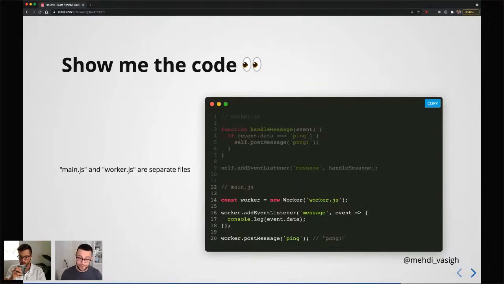Notice I'm using the word file. They do actually have to be separate JavaScript files entirely, so like separate JavaScript bundles. And very similar to the code inside of the worker, we're adding an event listener for the message event and just logging it. And so on line 20, when we post message the string ping,